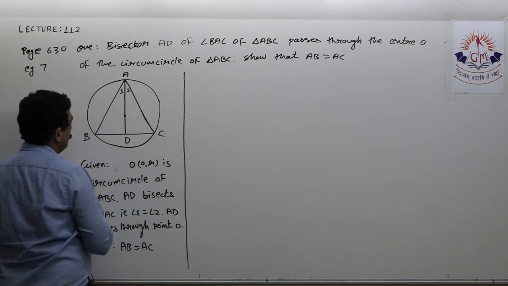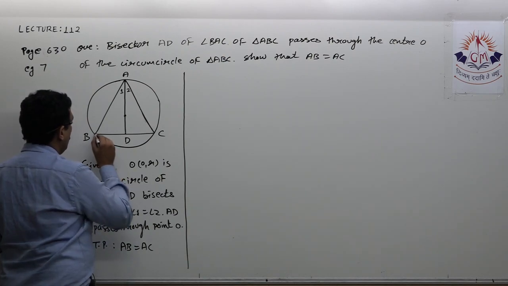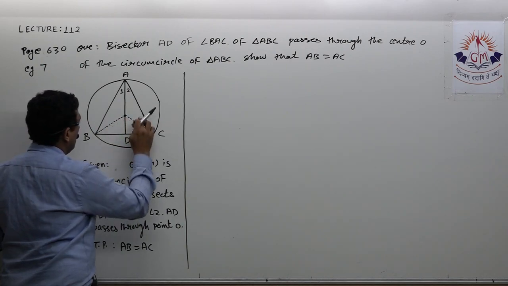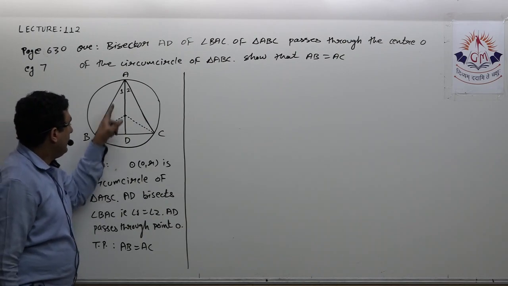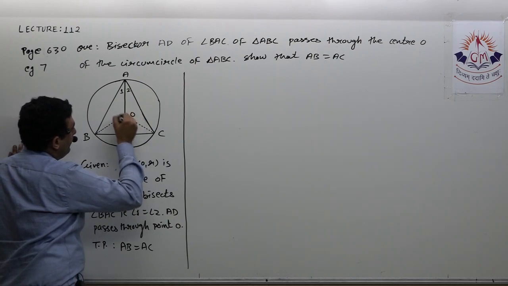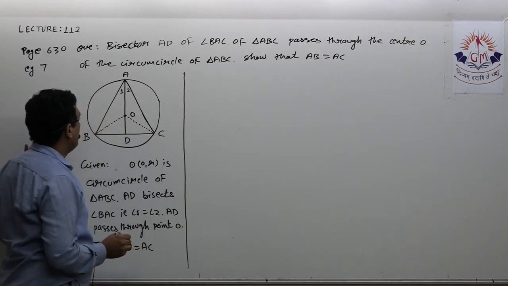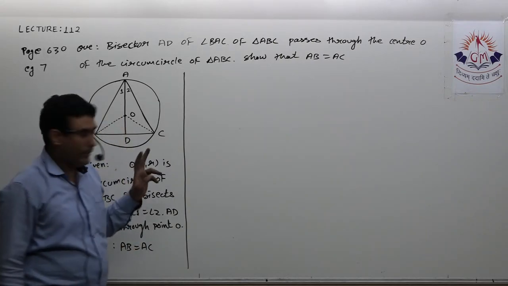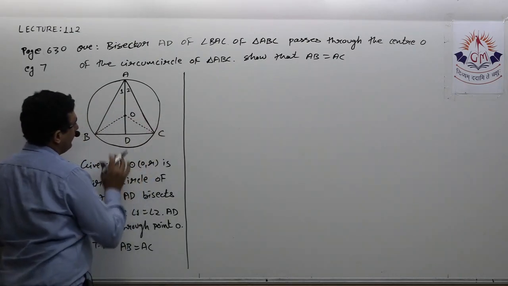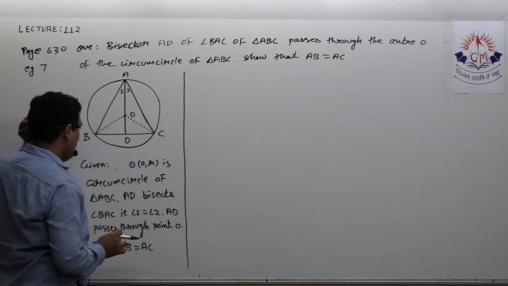I think a construction is required over here. Anyhow we need one more side. If I talk about triangles ABO and ACO, one angle is equal to angle 2, AO is common, and BO equal to CO we can say, but that is not any congruency rule. Side angle isn't any congruency rule. So anyhow we need one more angle for these triangles to be equal.